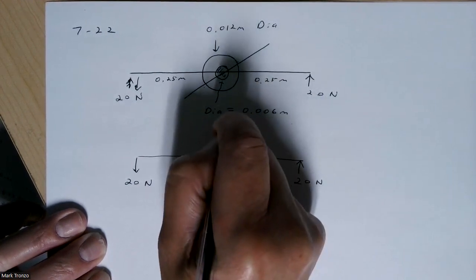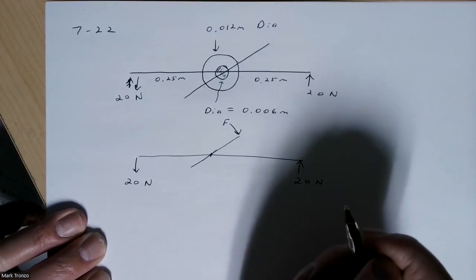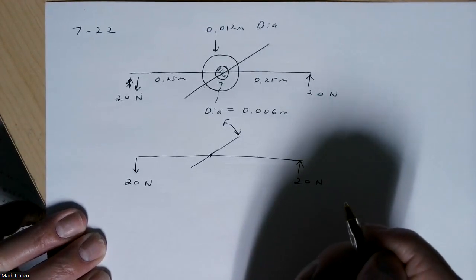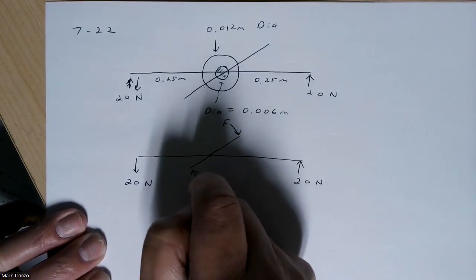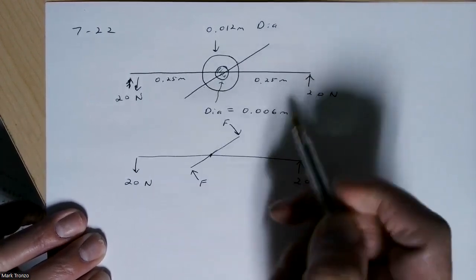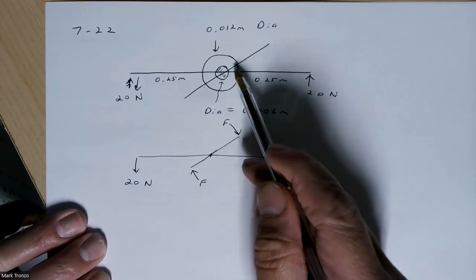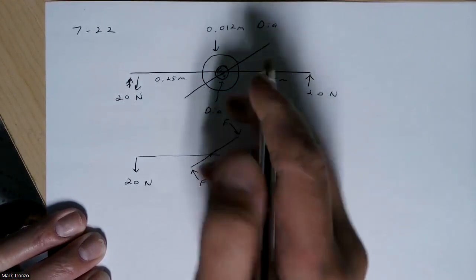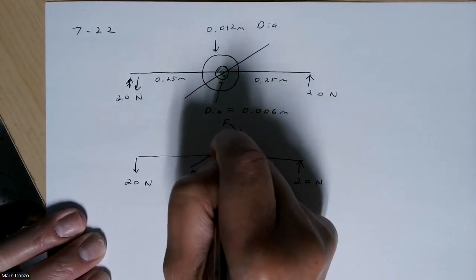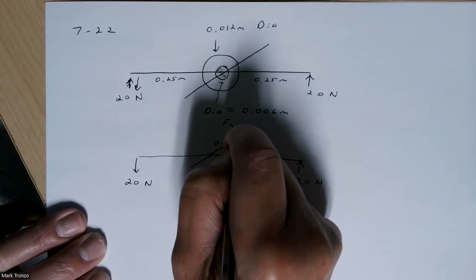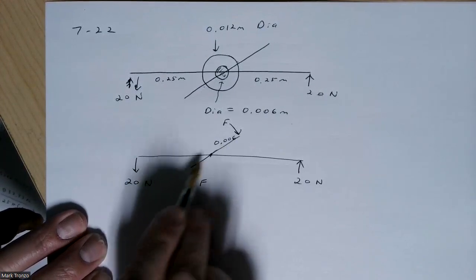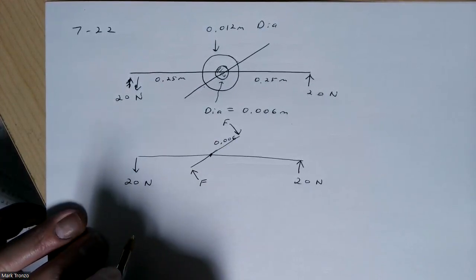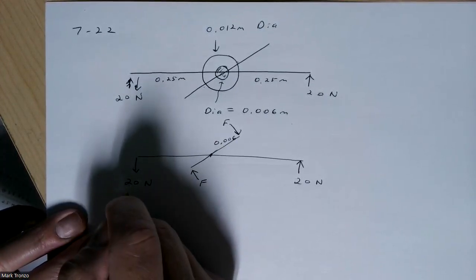Call this F here, and F here. This radius is a little bit confusing because the radius on one is the diameter on the other. So this radius looks like it's 0.06. So what we're going to have, if we say